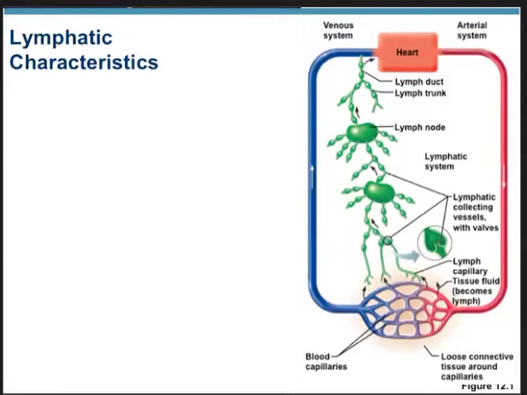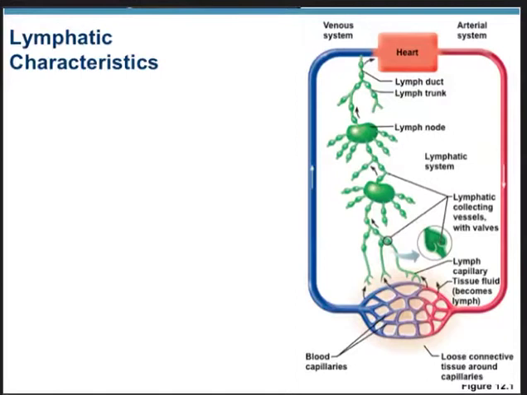So the lymph represents the excess tissue fluid that's carried by the lymphatic vessels. The properties of these vessels are that they move in a single direction towards the heart and away from the tissue fluid. There is no lymphatic pump per se, but the way the lymph is moved through these lymphatic capillaries is through the action of skeletal muscle on the vessels. As the muscle squeezes and relaxes, the lymph is propelled through a series of one-way valves that eventually allows it